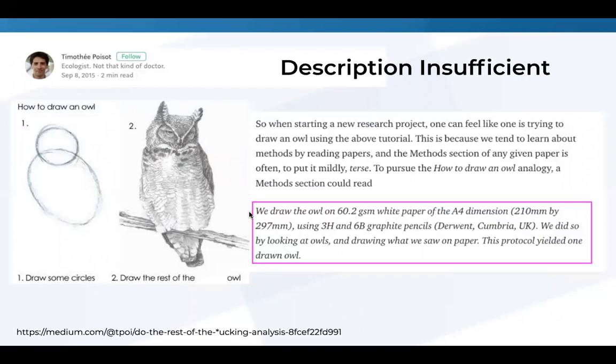We draw the owl on 60.2 GSM white paper of the A4 dimension using 3H and 6B graphite pencils. We did so by looking at owls and drawing what we saw on paper. This protocol yielded one drawn owl. So of course, as I said, it's very exaggerated, but oftentimes in the method sections, we really do